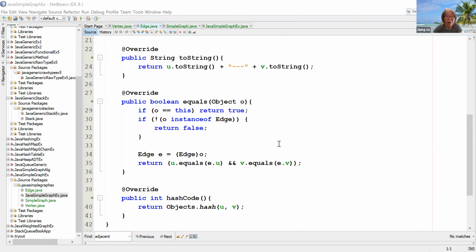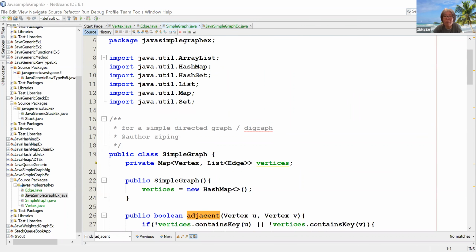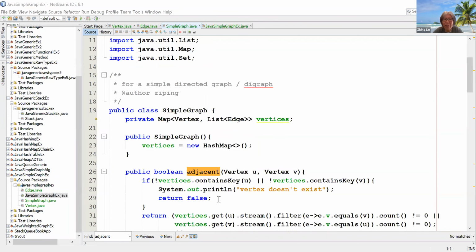Okay, so this is our edge definition. Then let's come back to our simple graph definition. Over here, I define it as a very simple directed graph. And for directed graph, a lot of the time you will also see this word, digraph. Okay, so it's directed graph. And what I use as the ADT,